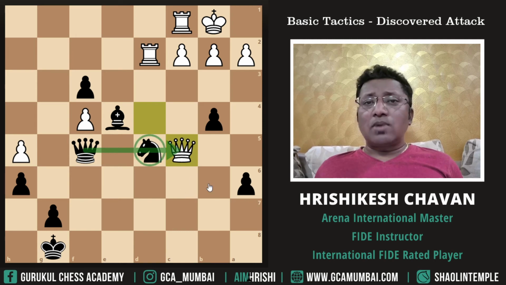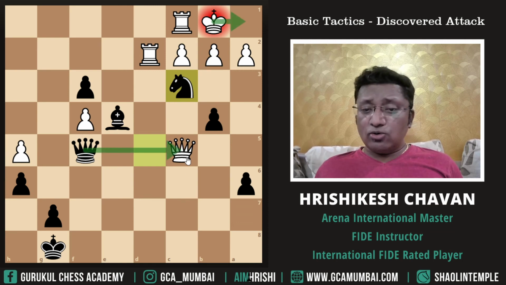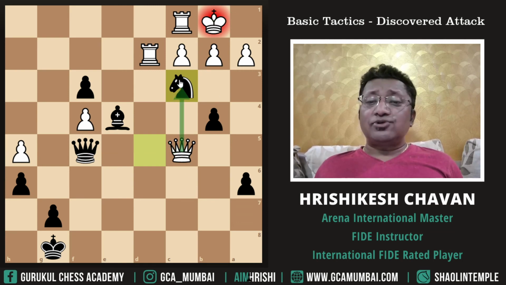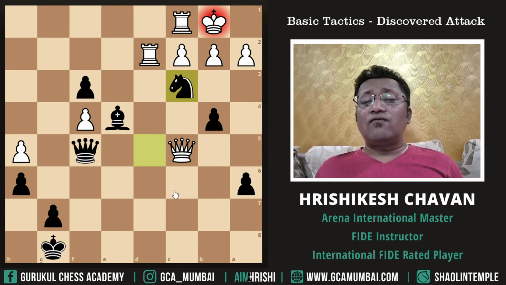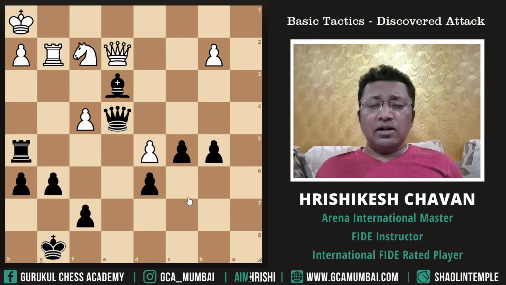The knight is our masking piece, and what do we do with the masking piece? We keep our opponent busy, or we do maximum damage. So that way knight c3 check. Now if he captures with the pawn, then we are going to capture the queen. If he moves the king away, still we are going to capture the queen. And if he captures the knight with the queen, then we'll of course pawn into queen, and we have lots of extra material. So we'll end this topic with this brilliant position.